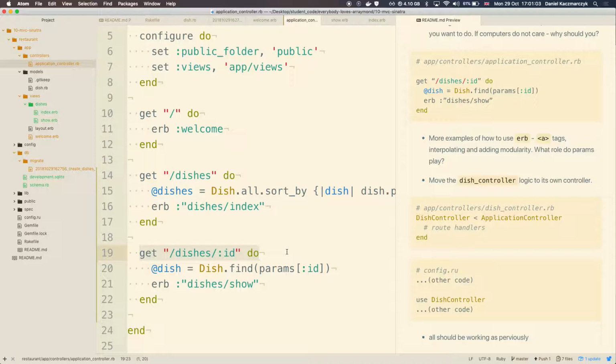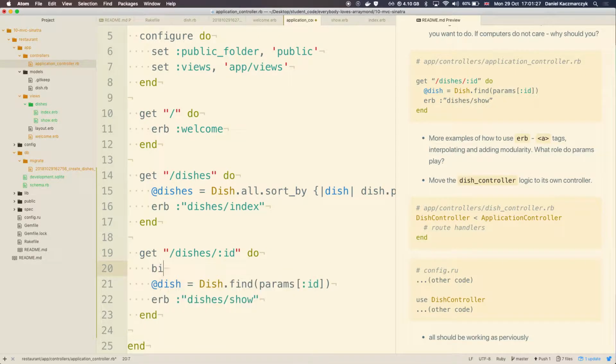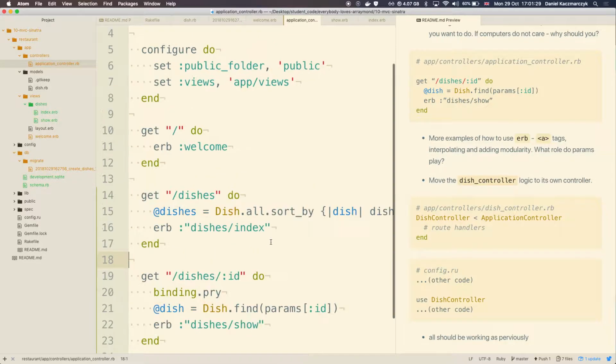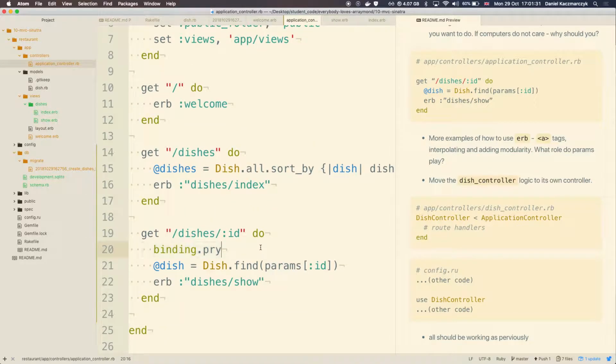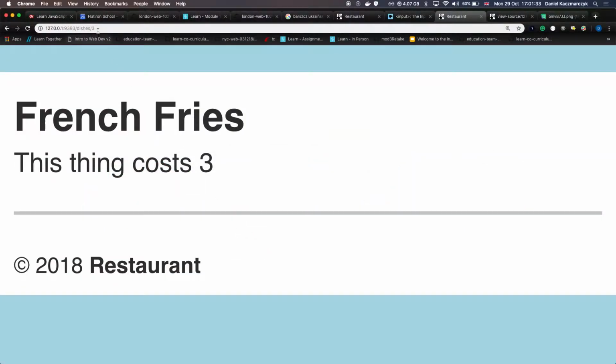If someone goes to /dishes/:ID, special syntax, and you may have noticed I have not typed the colon. I just said 1. That little bit is called a route parameter. So this is something that's not hard-coded. This is presumed. It's like, oh, there's going to be something in here, and I would like to think about it as an ID. So to prove to you that I'm not just lying, I'm going to put a binding.pry here, and I'm going to go to that page for dishes